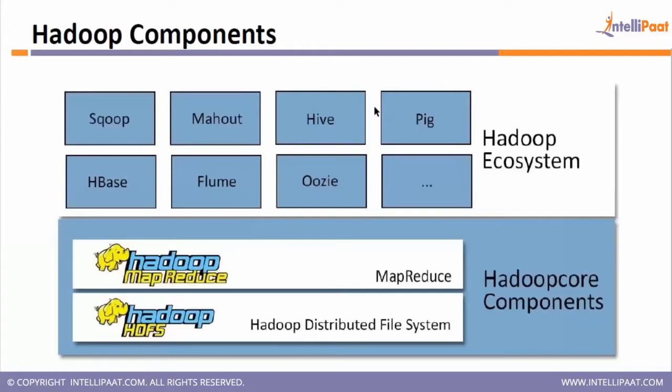Now these are some of the important components of Hadoop. I'm not saying these are all the components. There are various components which comprise the entire framework. Out of them, there are some important core components. Without those components, we will not be able to run the Hadoop system at all. The core components are basically HDFS, MapReduce, and Yarn, which allow you to store and process your data in your system.